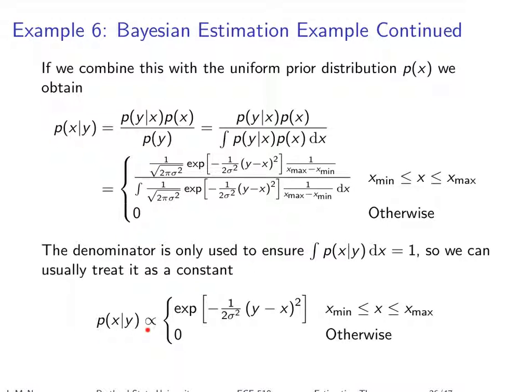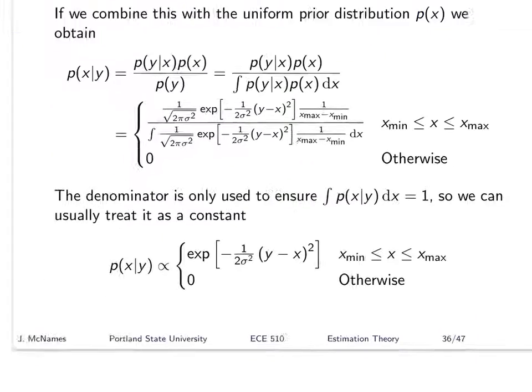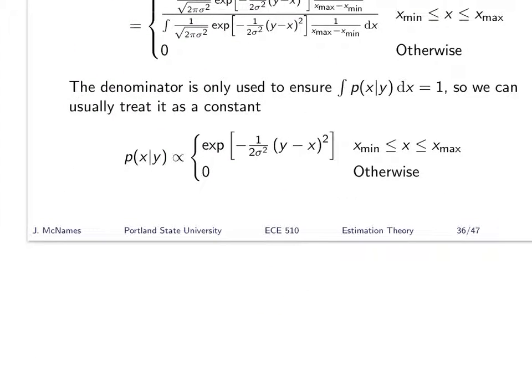And again, you can write this as, you'll see this symbol sometimes in my slides. You may not be familiar with it. Whenever you see that symbol, it means proportional to. So the left side is equal to the right side within a scaling constant. They may differ by some scale factor, but otherwise this is proportional to that. That just simplifies the notation a little bit, is all that does.